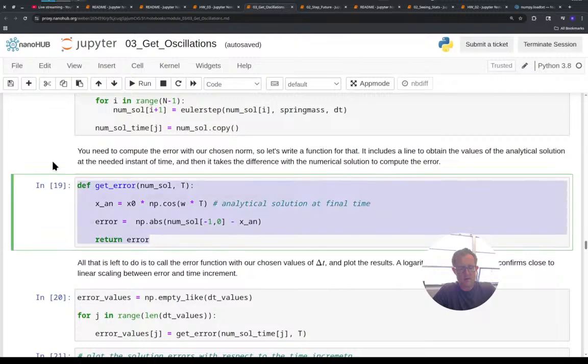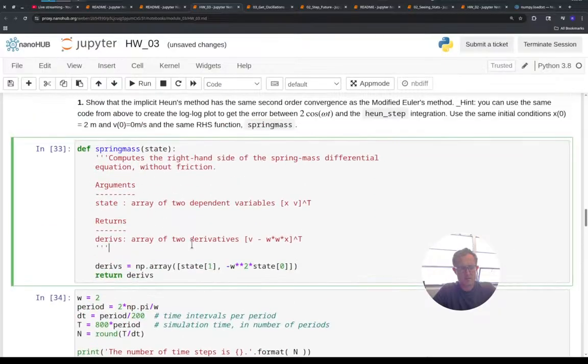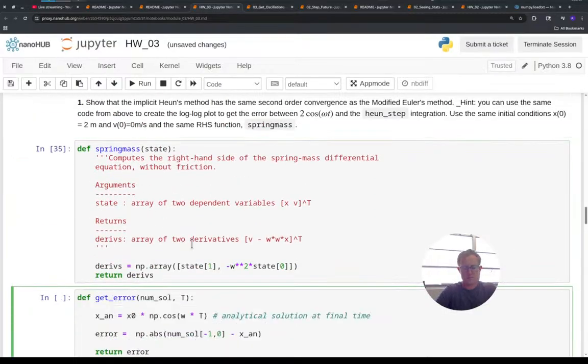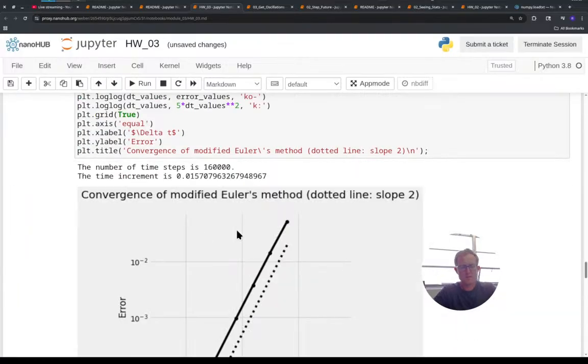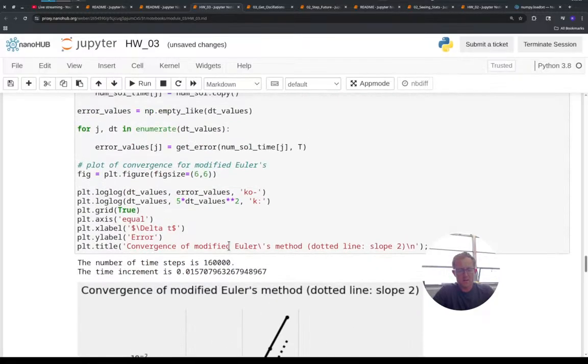Get error right here. So now it works for that modified Euler's. I grabbed enough of the code that this thing works, and now I want to do